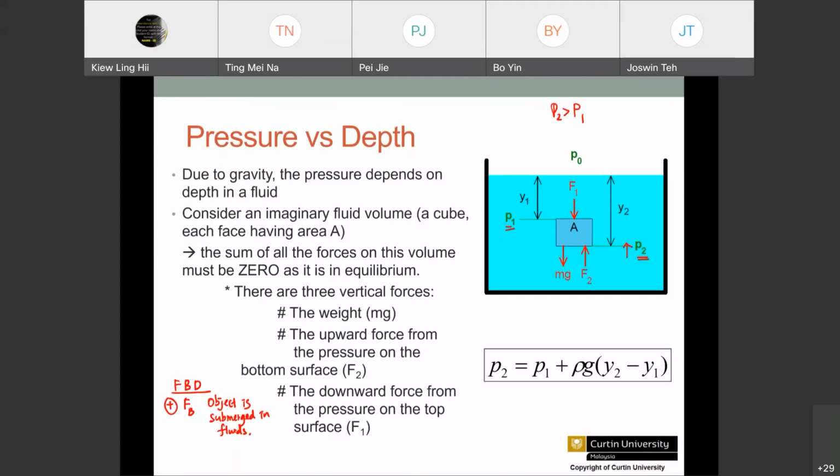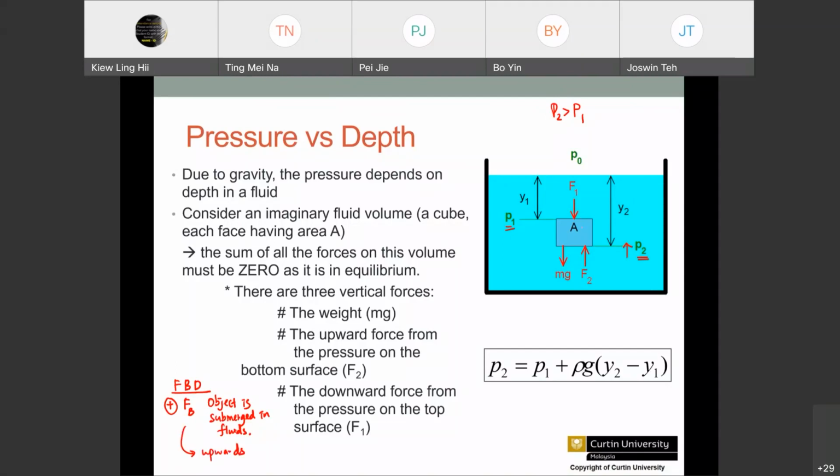So unless your situation is very, very tall, otherwise in real life or in our questions here, usually we won't consider buoyant force when we are on the ground, because it's too insignificant. But when inside the water, we will consider it. This buoyant force is an upward force. The direction is upward.